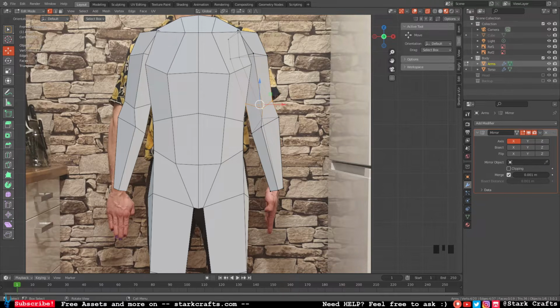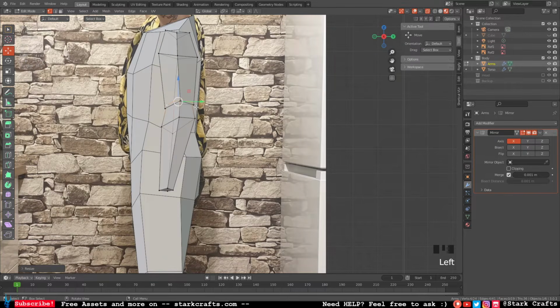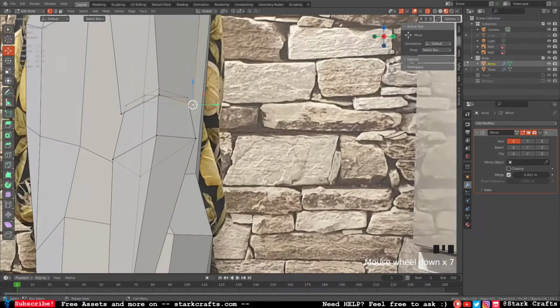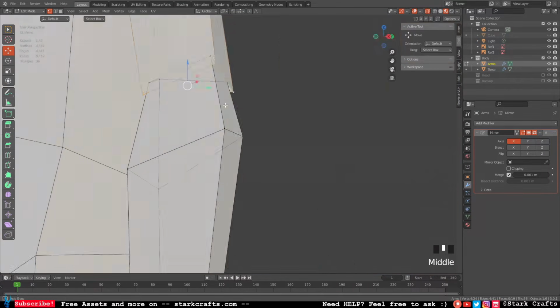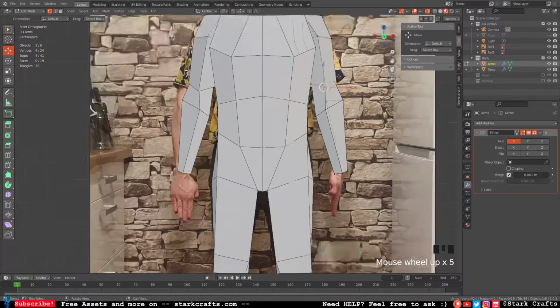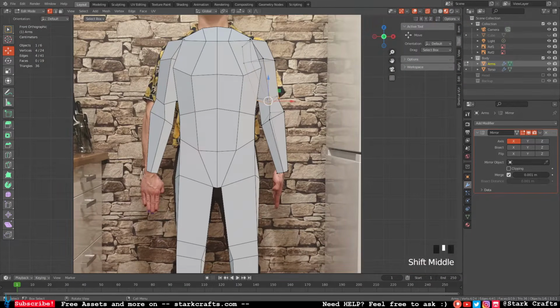Okay, now I hit V to, as you can see, I broke the connection, and let's hit S, scale it a bit down, drag it a bit up, maybe a bit more, like that. Now select the next loop, alt left click, again alt left click, like this, and let's hit S